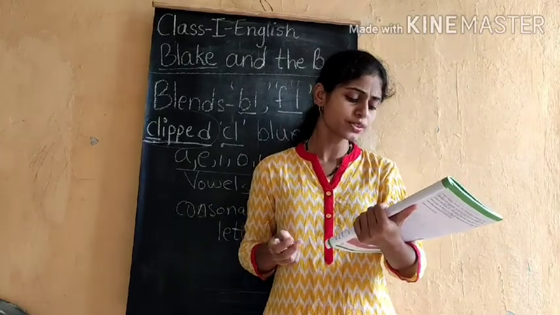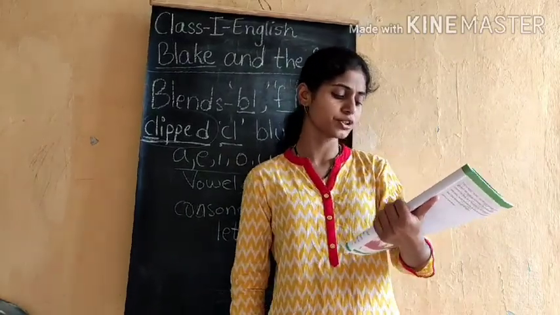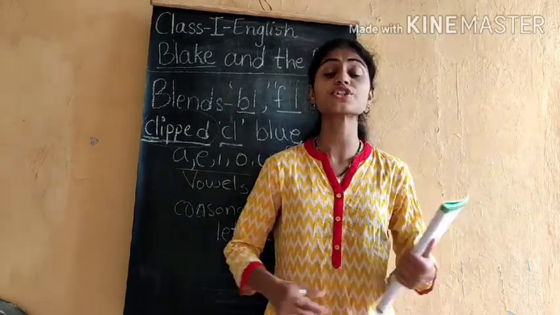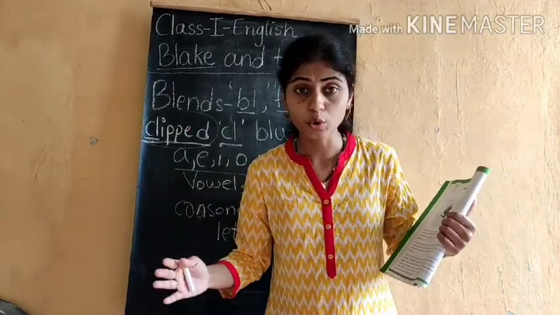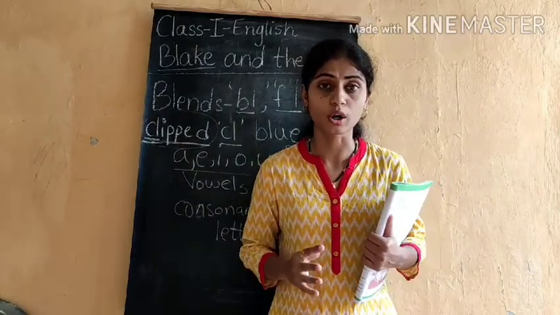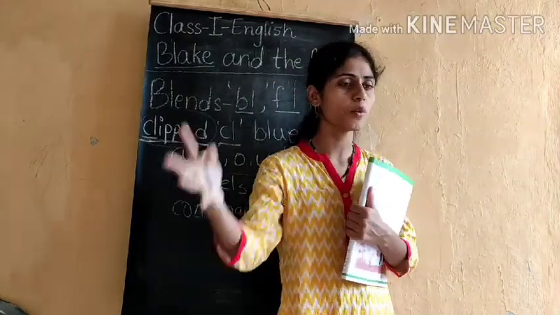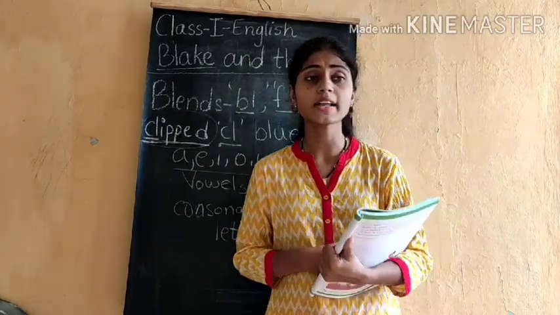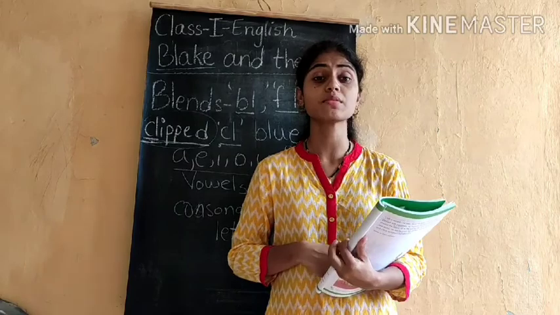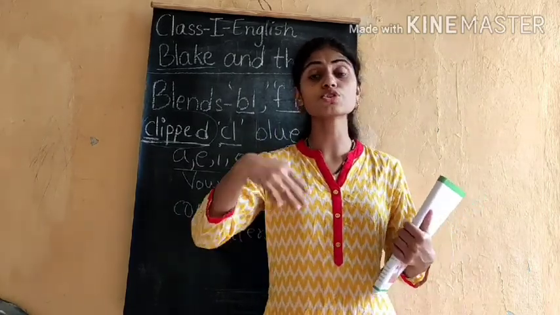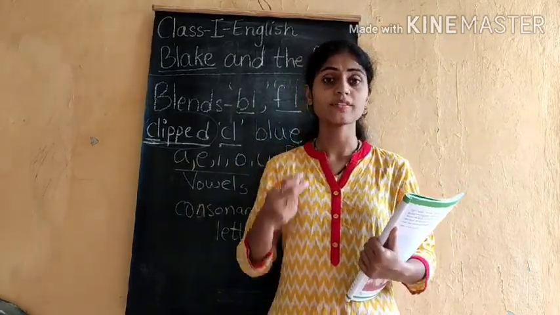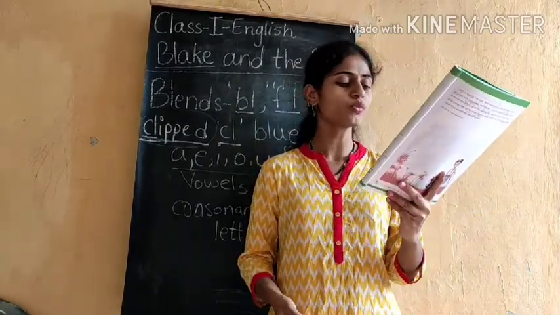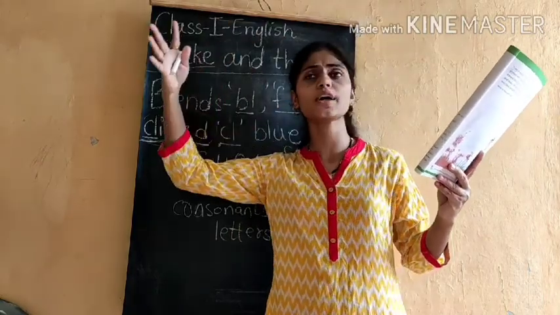And then he would slip and slam into things. His flock thought he looked amusing. Now his flock means his group. A group of birds of one kind only, like many crows, is called a flock, who were his friends also, you can say. They thought that Blake was amusing. Amusing means a thing used for entertainment, for laughing purposes.